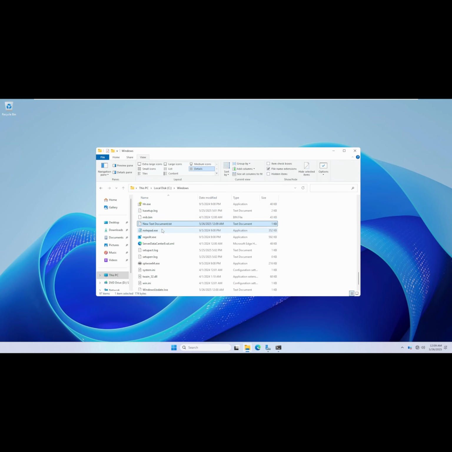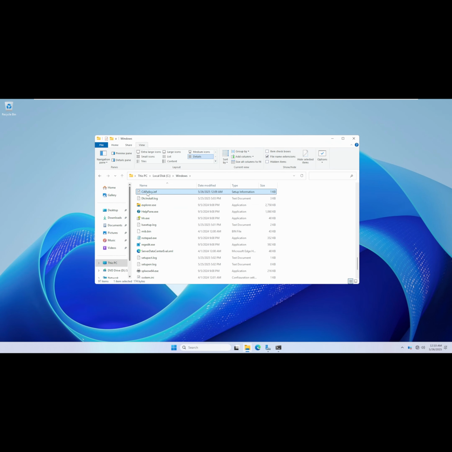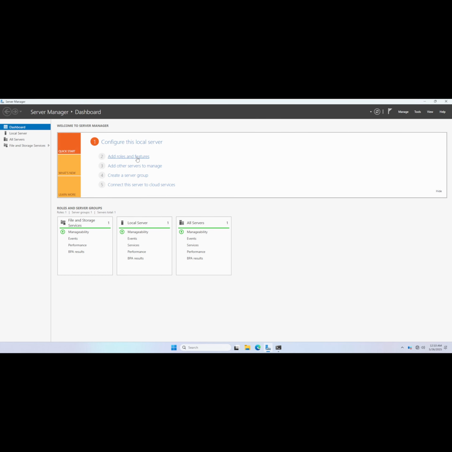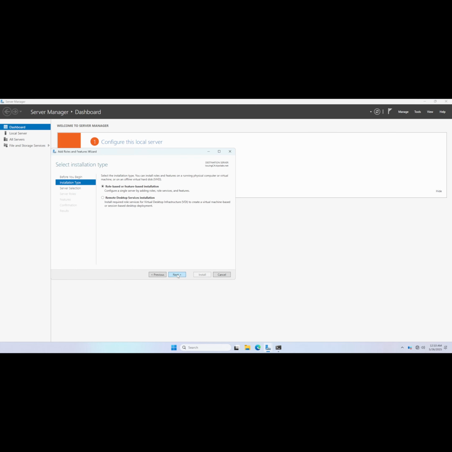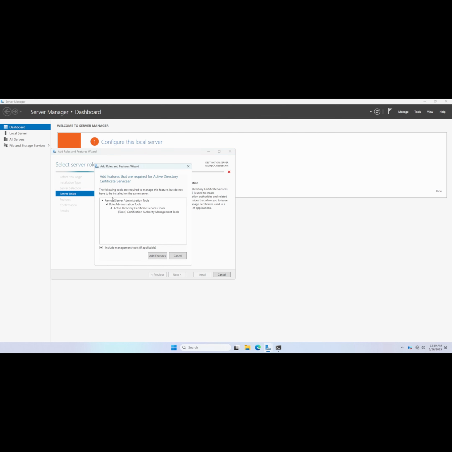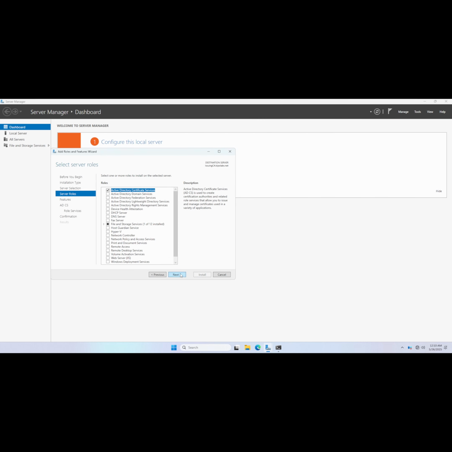Alright, okay, so I want to change the name to CAPolicy.inf. Make sure you have the spelling and the extension correct. If not, your Active Directory Certificate Services won't be able to read from this policy. Okay, so now let's go and add our Active Directory Certificate Services. I'm going to select Active Directory Certificate Services. I'm going to add that. Click on next,